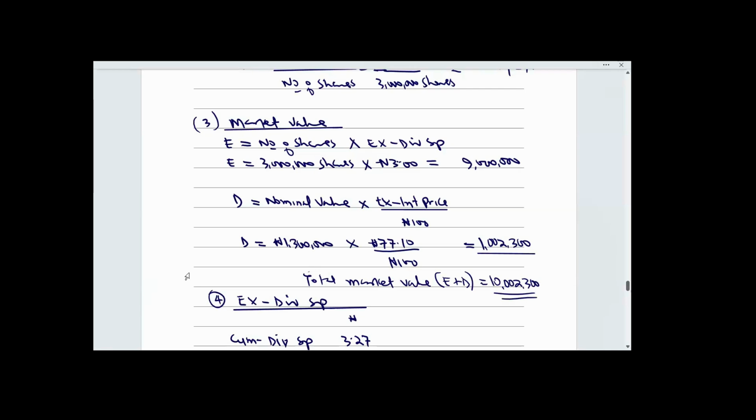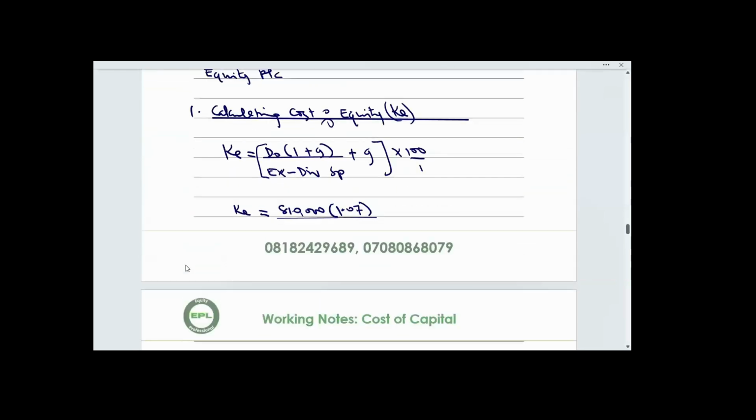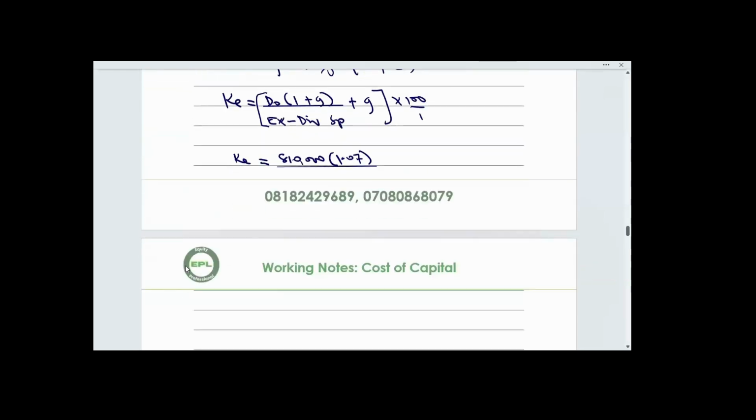Now that we have calculated the total market value of equity to be 9 million, let's go ahead and complete our cost of equity. You can see the way I abandoned the calculation of cost of equity for like 5 minutes ago. Because I can't proceed, I need to go and make proper adjustments before I'll be able to use the variables I'm looking for. So I've calculated total value because here I'm using absolute value. So the market value of equity is 9 million naira.